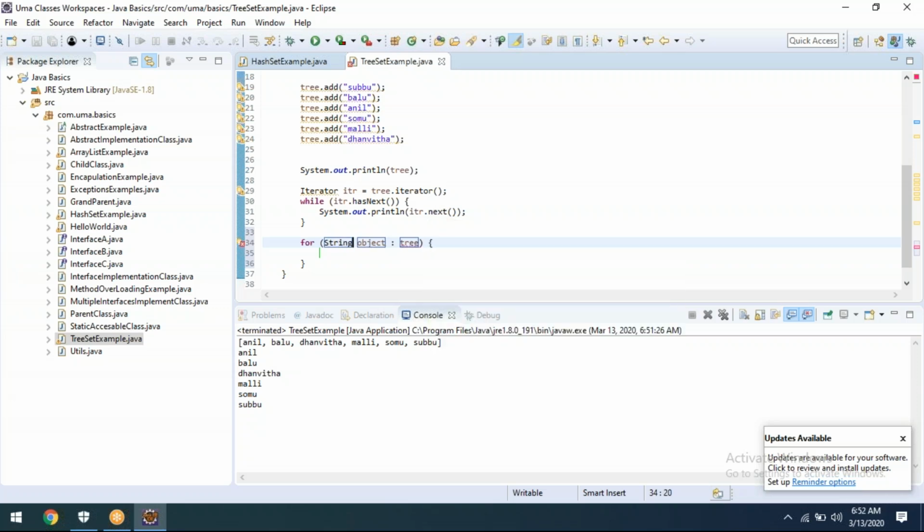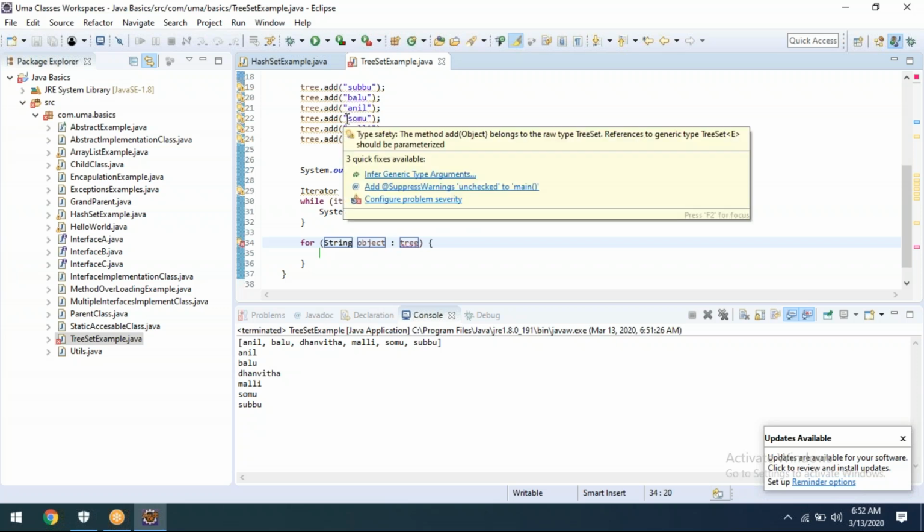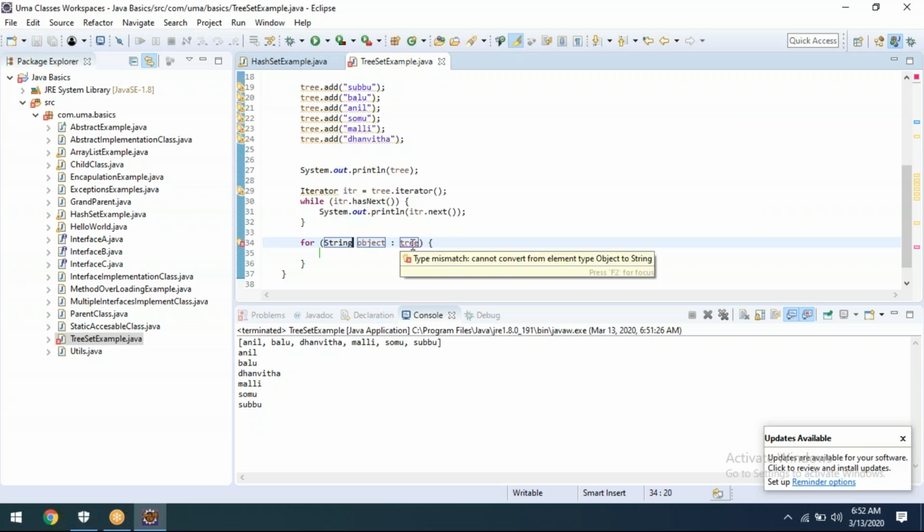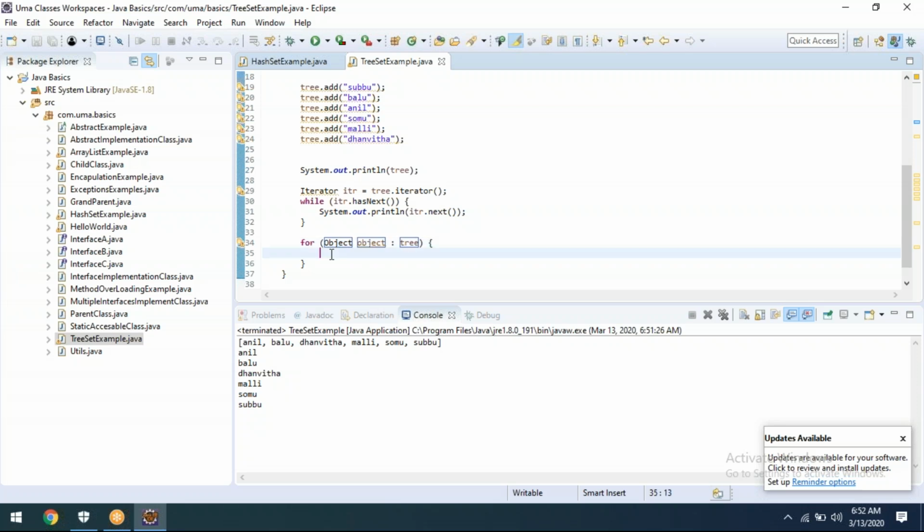But since it deals with Object, it is not taking the input. The type is a mismatch, saying cannot convert element type Object to String. Hence I am reverting back to String. Now System.out.println of object.